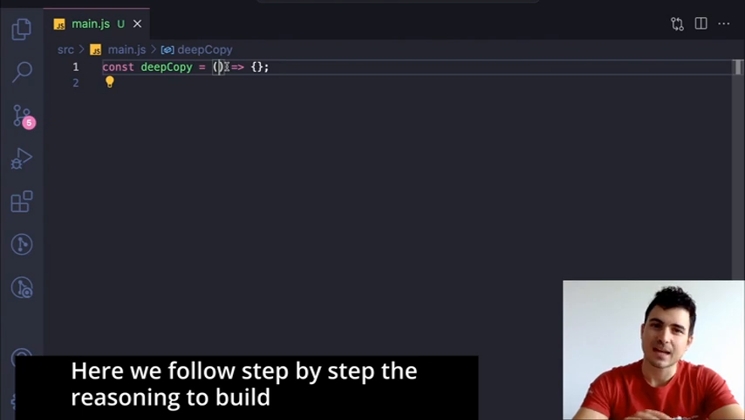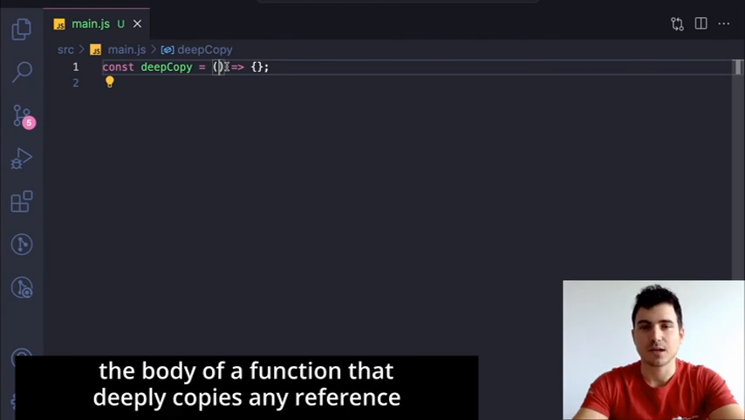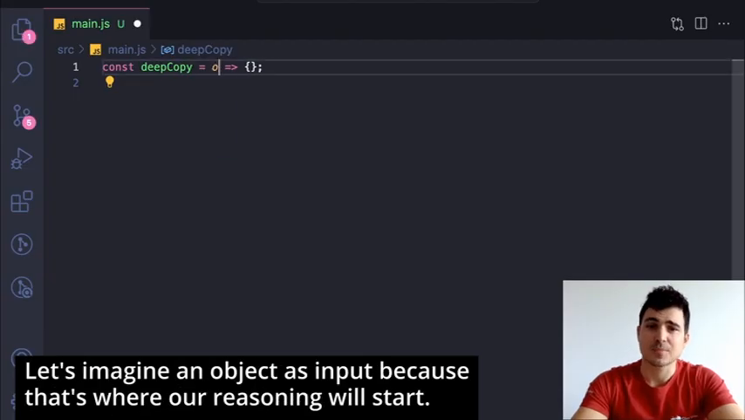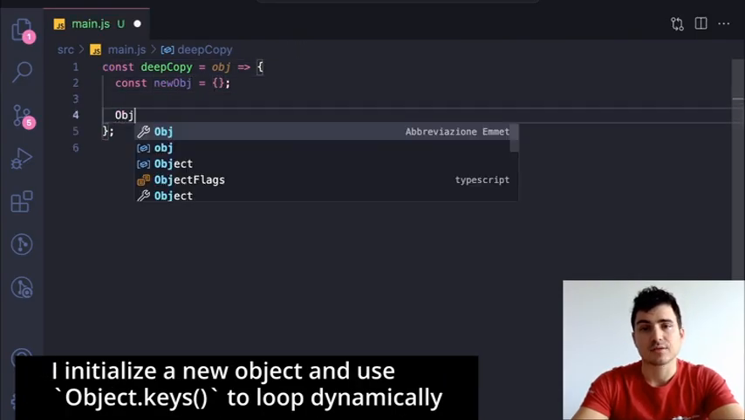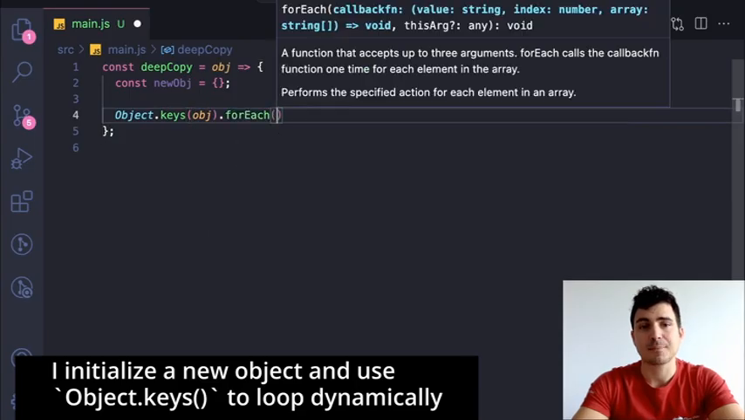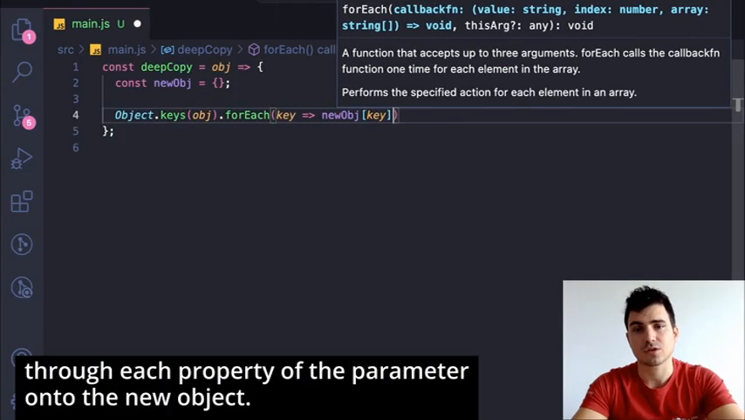Here we follow step by step the reasoning to build the body of a function that deeply copies any reference. Let's imagine an object as input because that's where our reasoning will start. I initialize a new object and use Object.keys to loop dynamically through each property of the parameter onto the new